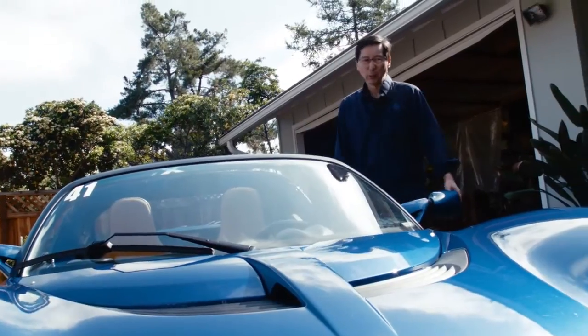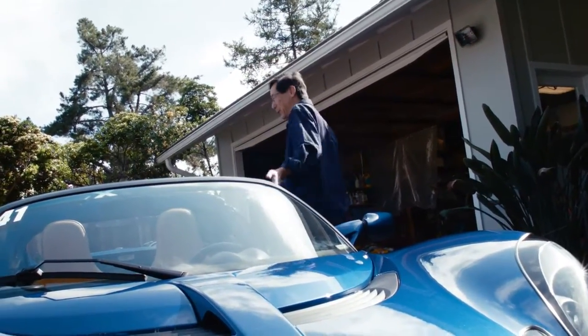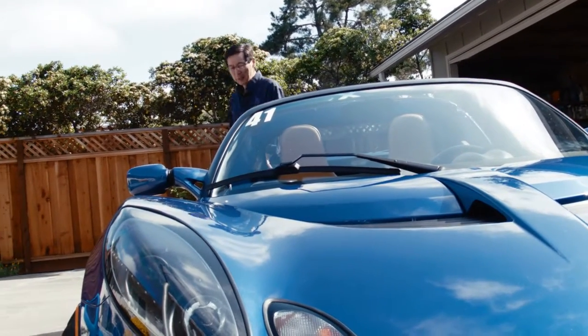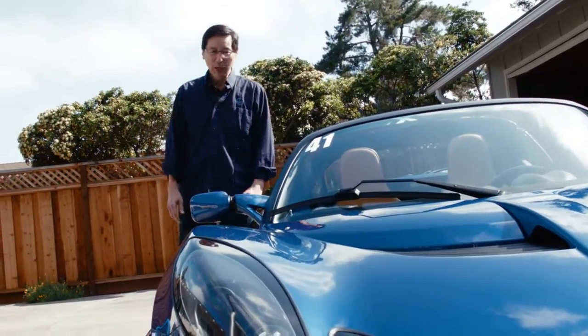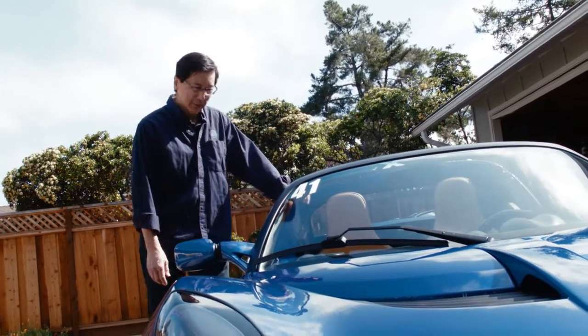So that was probably the worst thing they could have done, because of course, anytime somebody hands you keys and you go for a drive, and it's in a fantastic car like the Elise, you come back with a big grin and you're ready to probably sell your first one. So I did say I wanted a car,